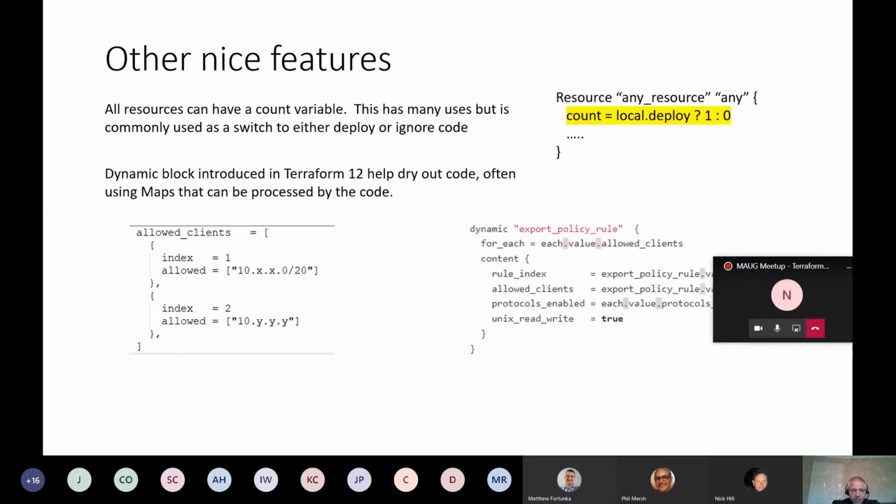Some other nice features of Terraform. I think ARM templates have got the same thing. The count feature is available in pretty much all resources, and in Terraform on Azure we use it quite a lot to say whether we want to do something or not. So, for example,